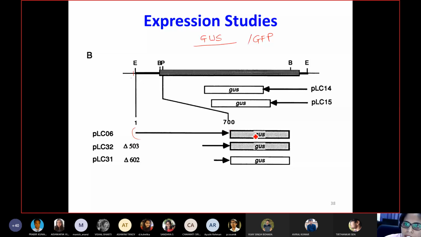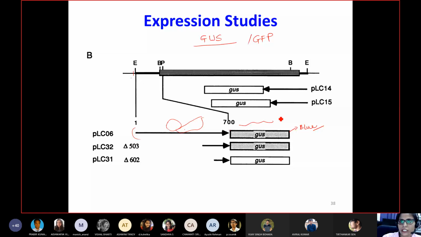That means you have some kind of promoter in this region, which is acting: proteins, transcription factors are coming and binding to this region. It is bringing your RNA polymerase. RNA polymerase will give you the RNA, and then you have expression of proteins, and then you have blue color. So blue color signifies that you have expression of protein. That means you have an intact promoter sequence here.